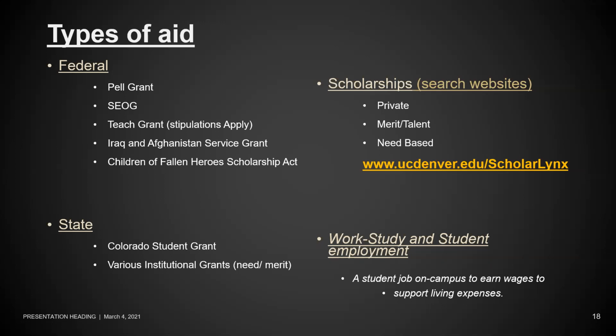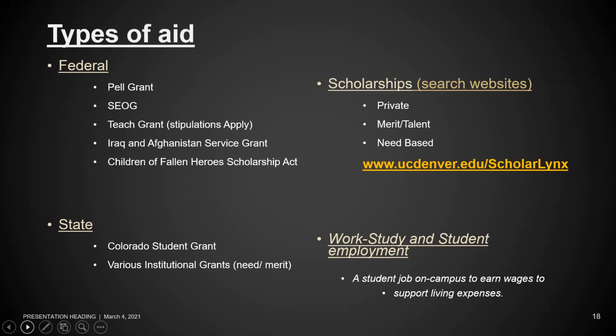The TEACH grant is a grant that's available for students that are interested in teaching. They can get up to $4,000 in an academic year. So in a 4-year time span, that's $16,000 in grant money, in addition to the Pell Grant that a student can receive. But there are stipulations tied to that. They have to agree to teach in a low-income, poverty-area or STEM type school, I believe for 4 years, and I believe you have 8 years to fulfill that requirement. If they do not fulfill that requirement,